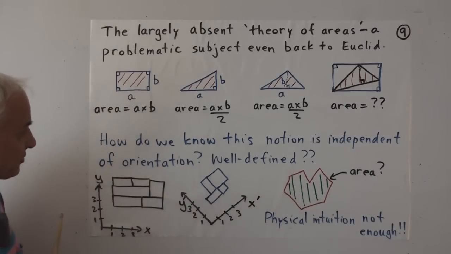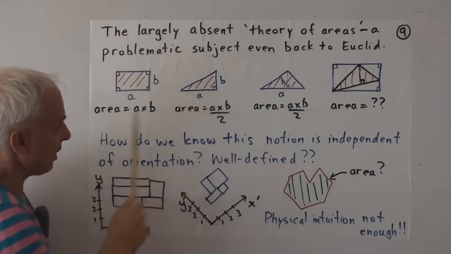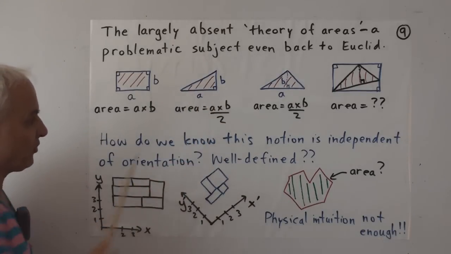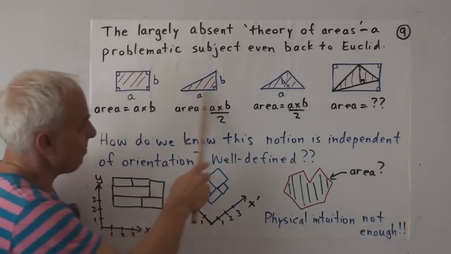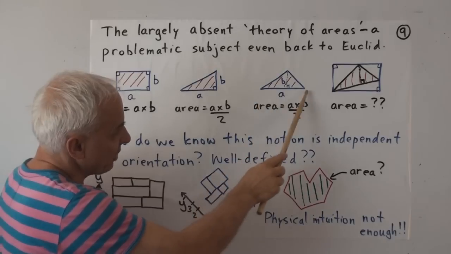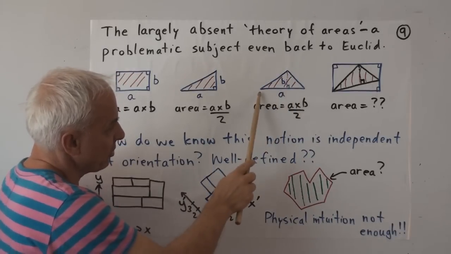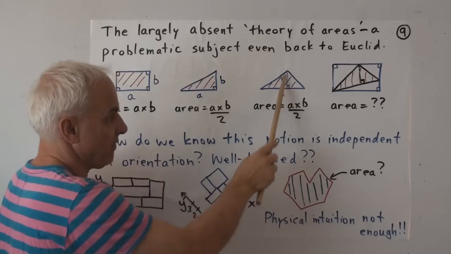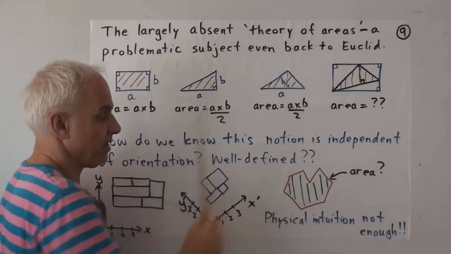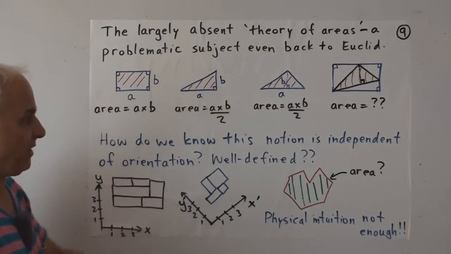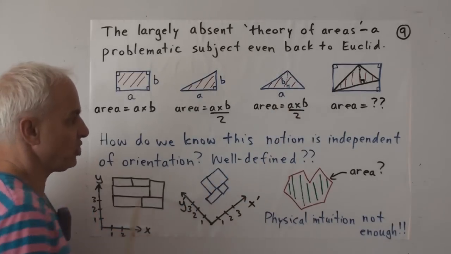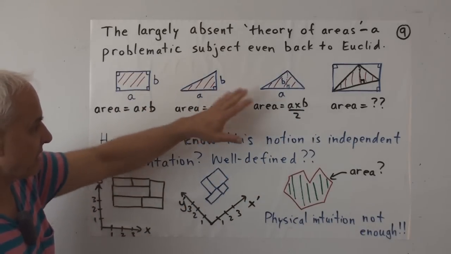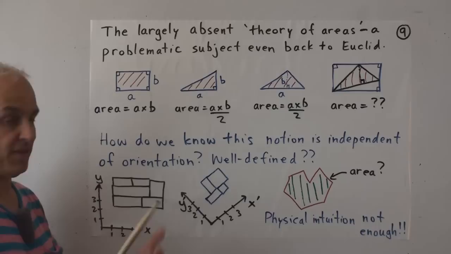Then if we slice one of these rectangles like this, we can get the area of a right triangle as A times B over 2. And then a little bit of combining these things allows us to generalize it to this kind of situation. We can say that the area of a triangle like this is the base times the height, now the vertical height from the third vertex down to the base, A times B over 2 again. Okay, so that's fine. We can establish areas of triangles in this fashion.